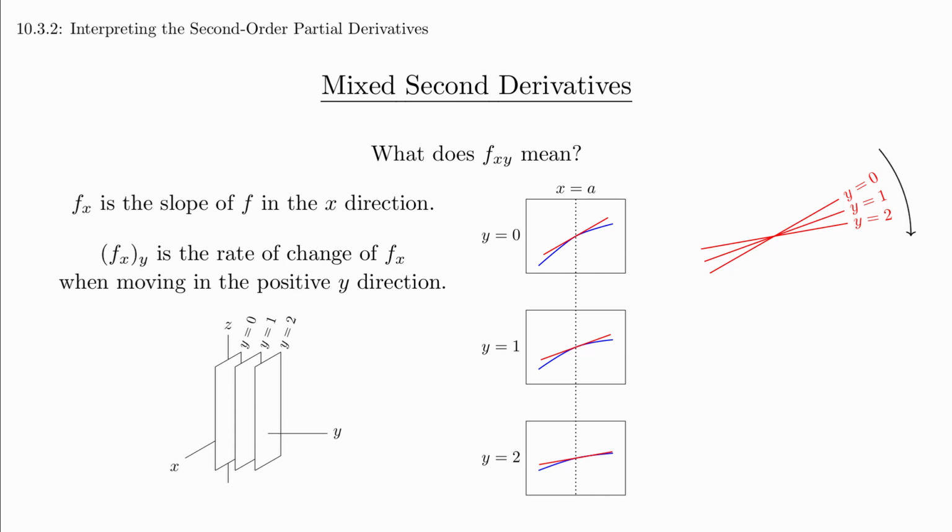y increases. If you imagine the slope being like a surface that you're riding on, you can see that it's twisting a bit to the right as time moves forward. That's the idea we meant by twistiness earlier. In this case, the slope is decreasing as we move forward, so f sub xy is less than 0. And the larger the value is, the faster we're twisting. This is a quick visualization of the second derivative. We'll leave it as an interesting mental exercise to think about what's happening in the other direction with f sub yx, and in particular why these two values are the same if things are nice and continuous.